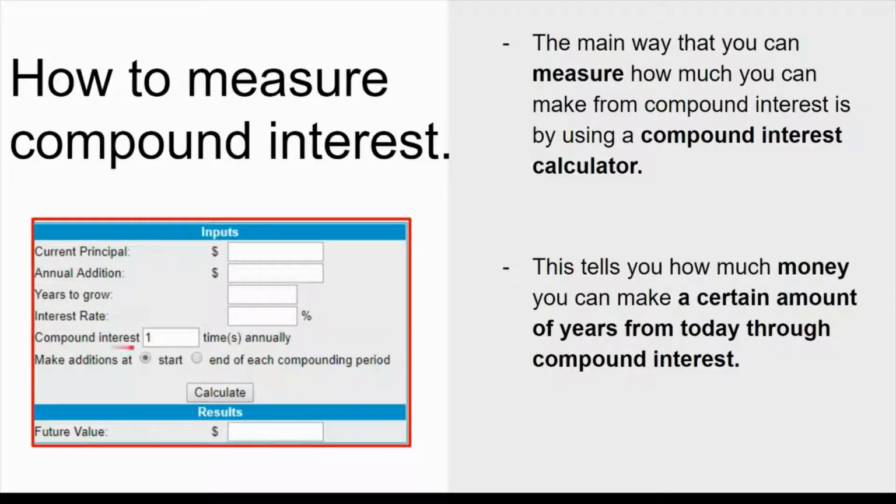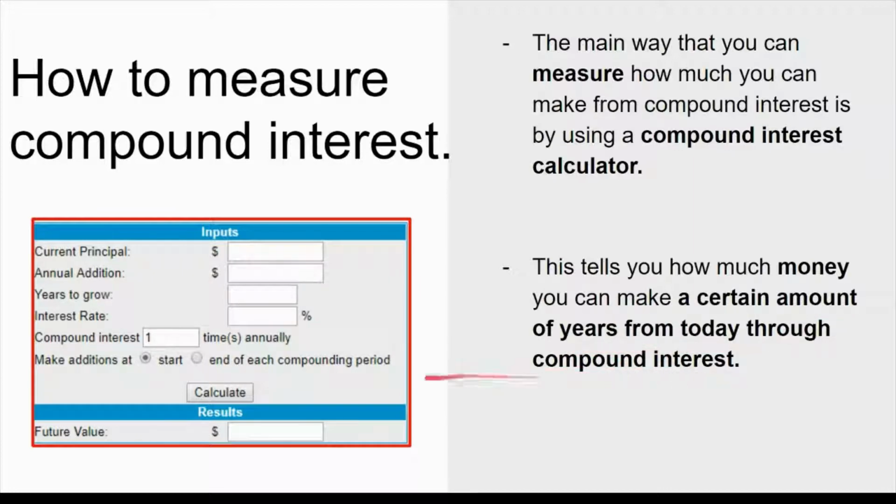And for compound interest, you would do one time annually and make additions at the start of the compounding period, and then you can click the calculate button, and your future value will pop up right here. You can find these types of calculators online. It's very simple. This tells you basically how much money you can make a certain number of years from today